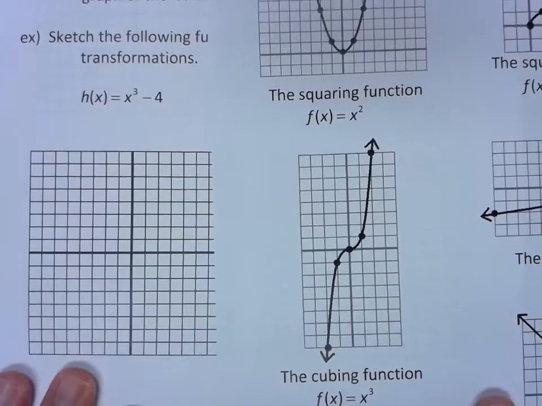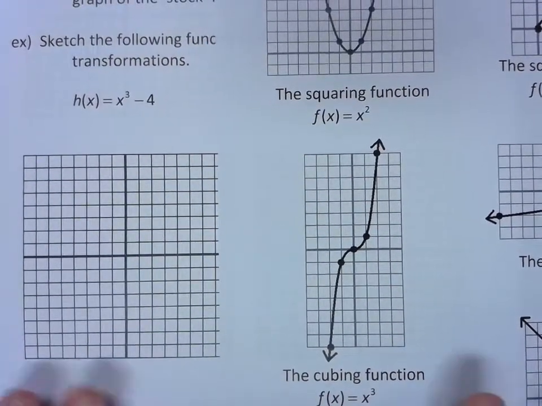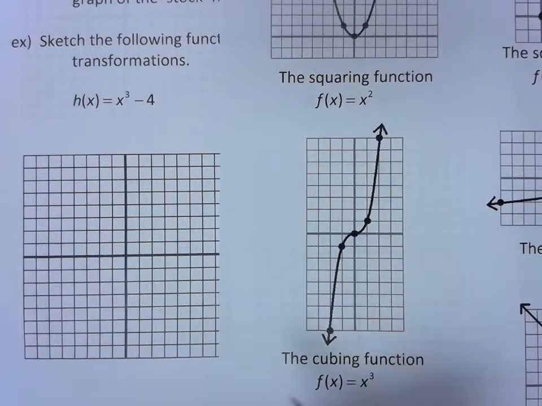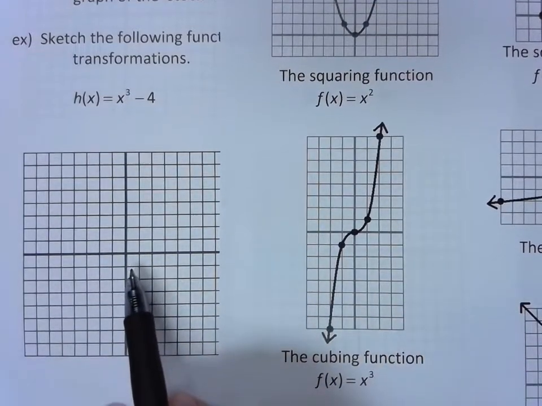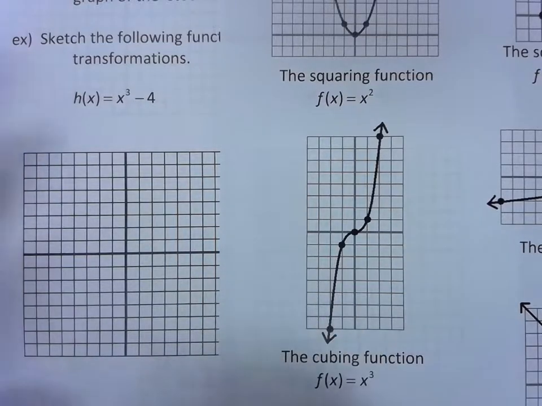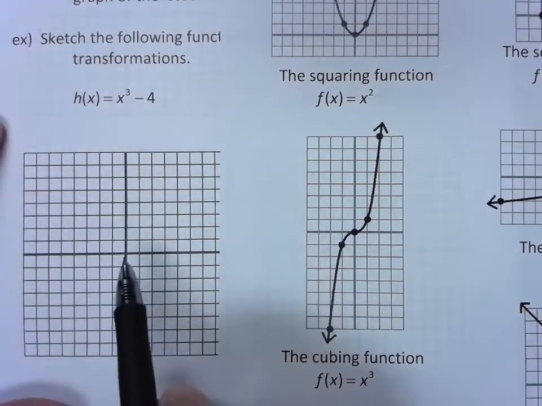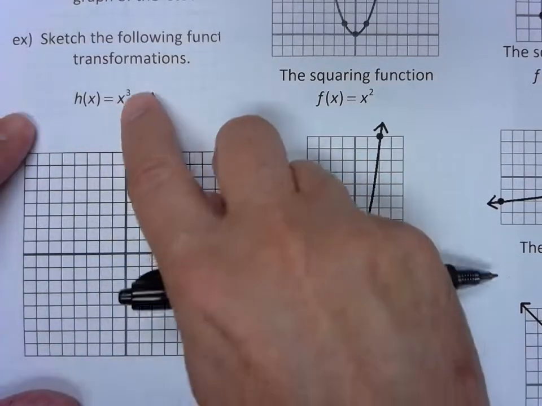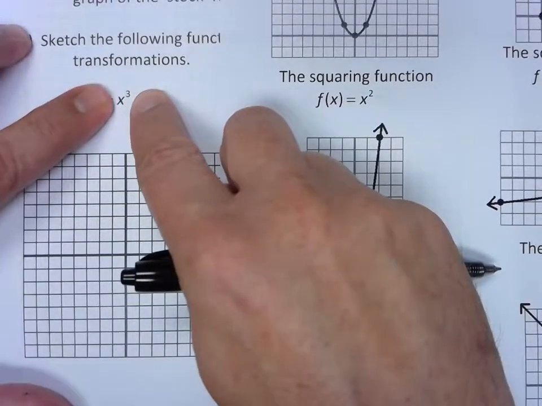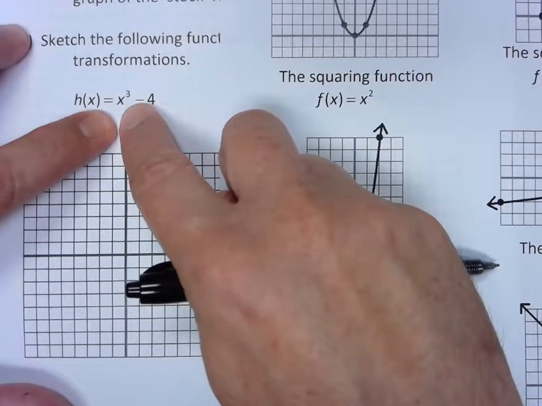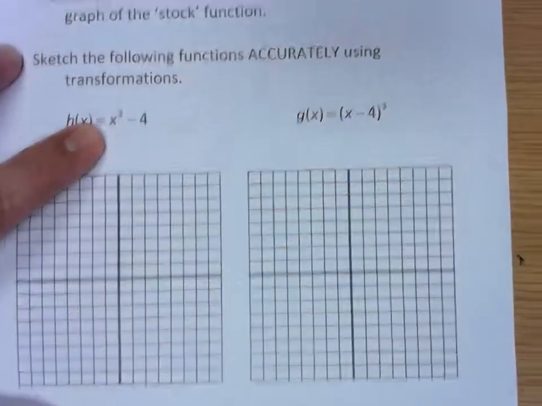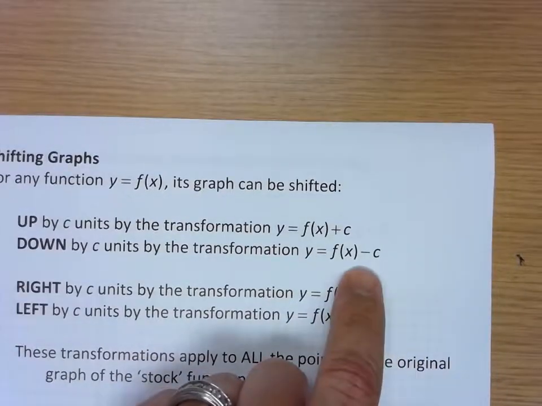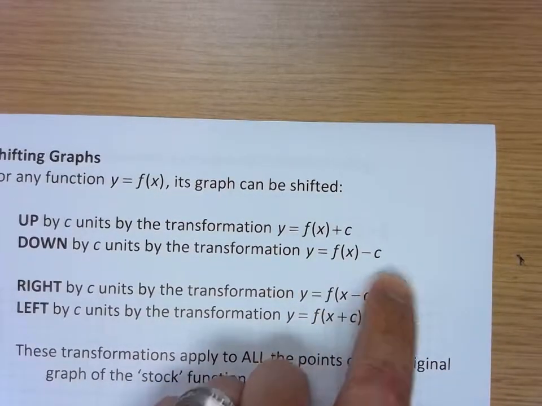Since we're starting with that stock function's graph from the cubing function, you want to maybe do a little dotted or very faintly drawn version of this graph right here. So the original graph that we're transforming is x cubed. You see that from the formula there. The minus 4 is going to tell us to, since it's x cubed minus 4, shift it